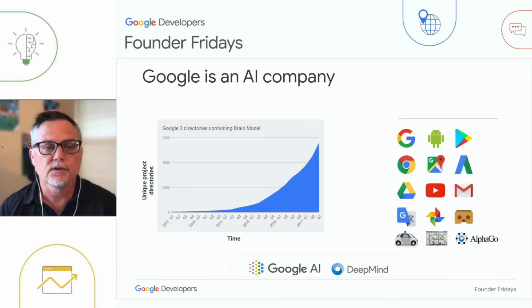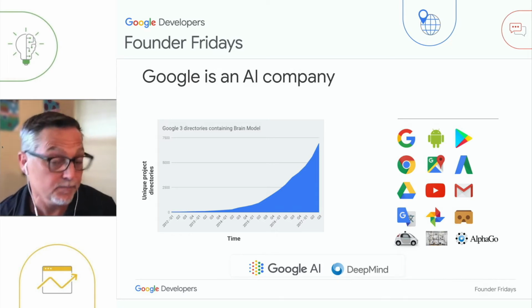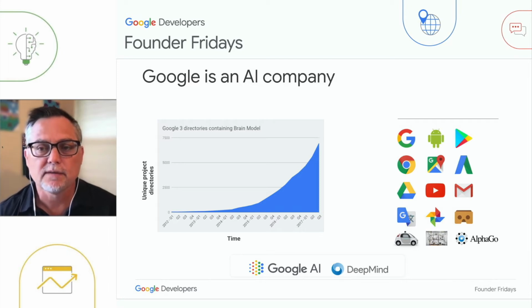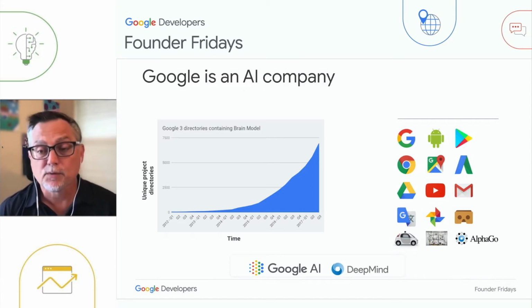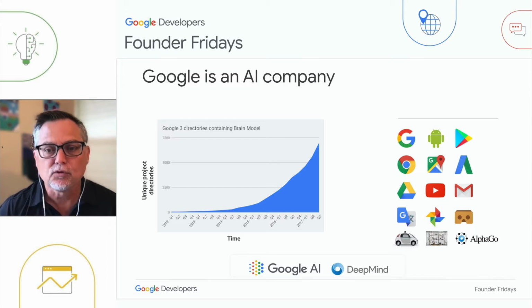And I wanted to start with really the thing that you've probably heard before that most people know. Google is an AI company. And people think they know this based upon things like the self-driving cars that you hear so much about. But really Google has deployed AI across all of our products that you use today. Things like Gmail and Maps, things like Photos. AI is really an integral part of what we do.